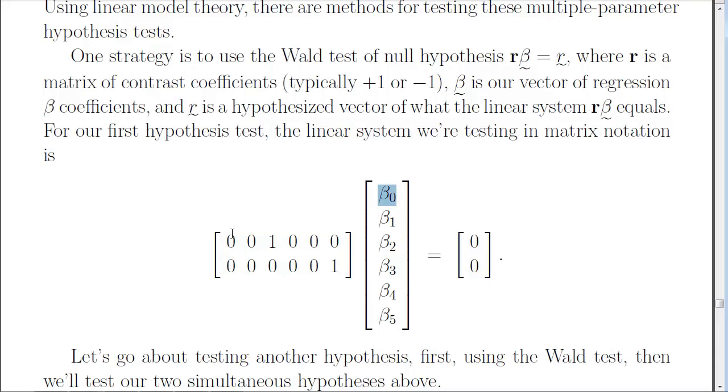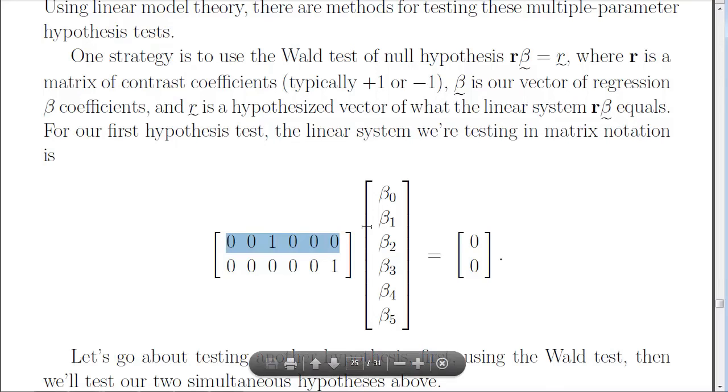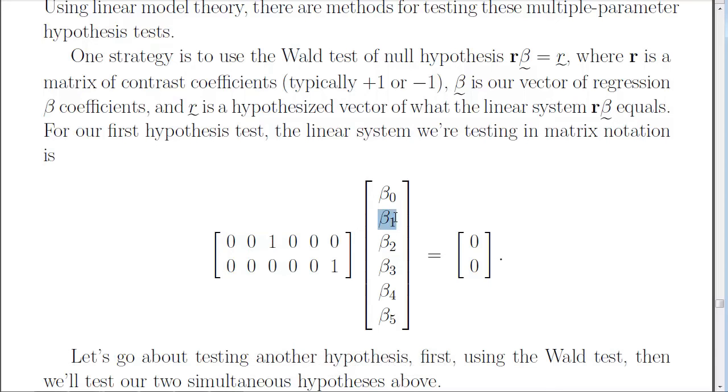Then you add that quantity to the next pair. So we're going to go from left to right on the left matrix and top to bottom on this vector. So we've got 0 times beta naught plus 0 times beta 1 plus 1 times beta 2 plus 0 times beta 3 plus 0 times beta 4 plus 0 times beta 5. All right, so every pair,